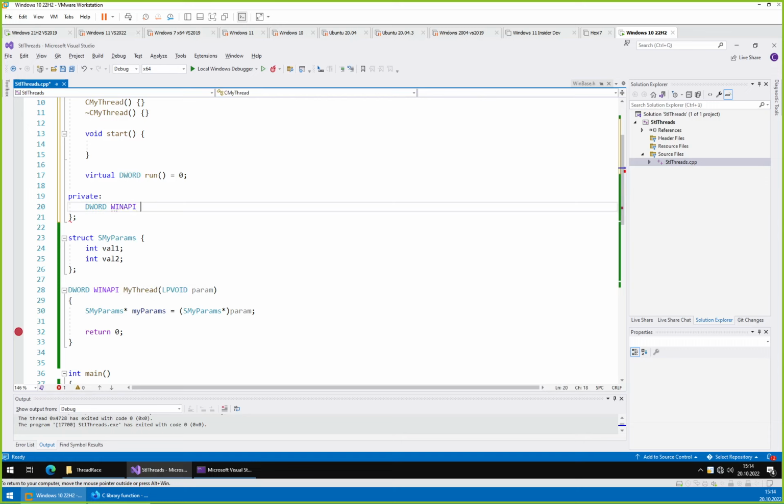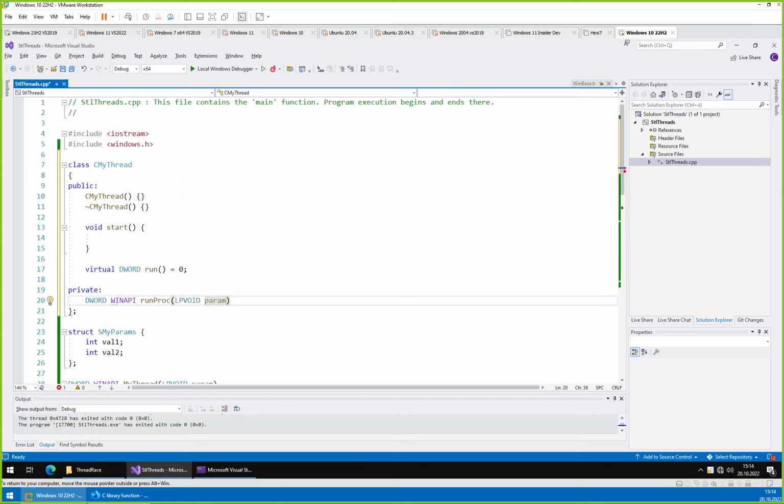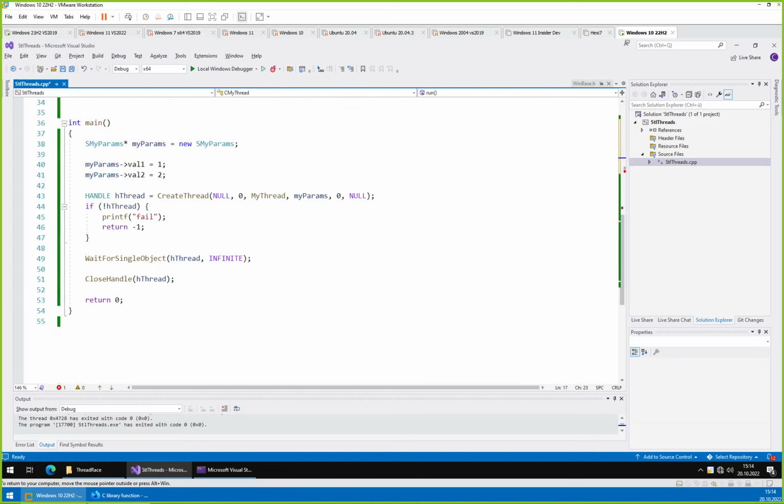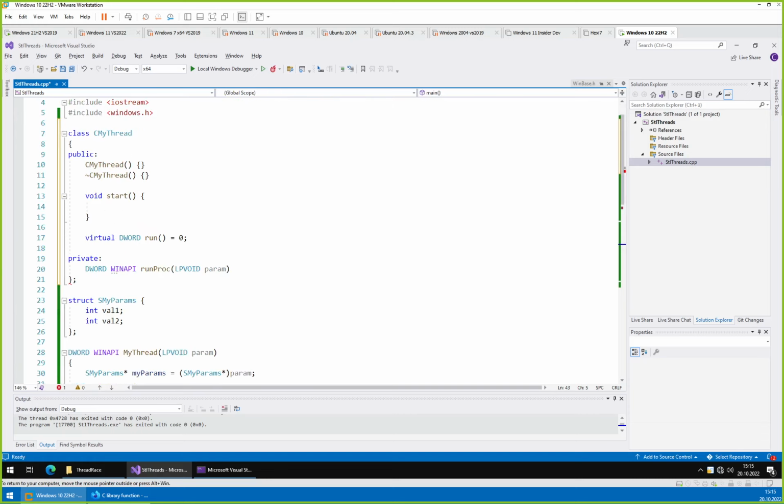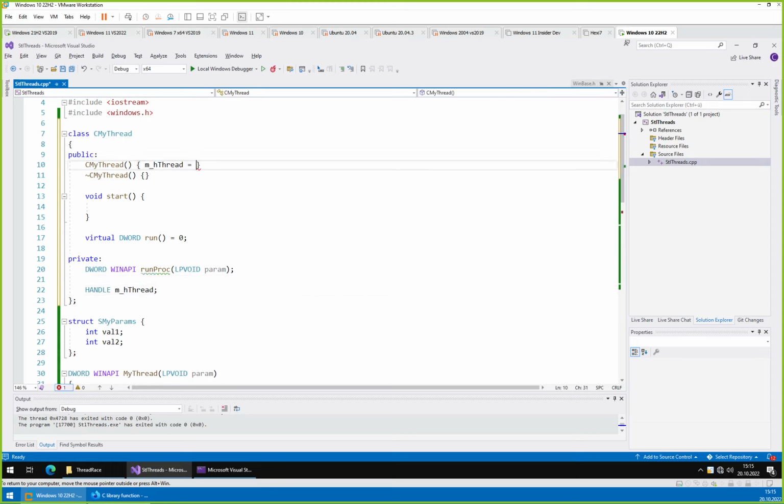Up here. Prods devote palm. And when we start, we perhaps want to be able to pass. No, we don't want. We will make it just like Qt does it. So we will also need to keep track of the handle. This will need a body later. So thread, we initialize this to 0, and if this is not 0, then we